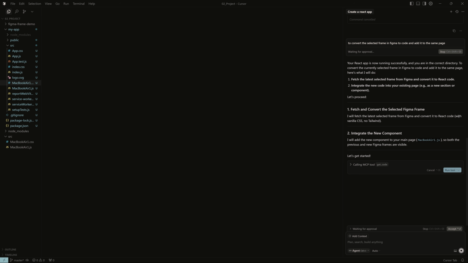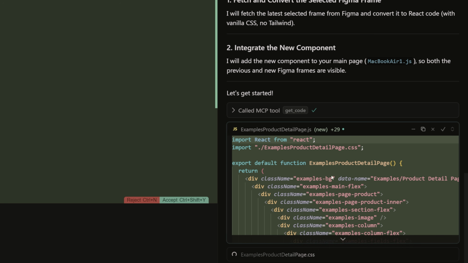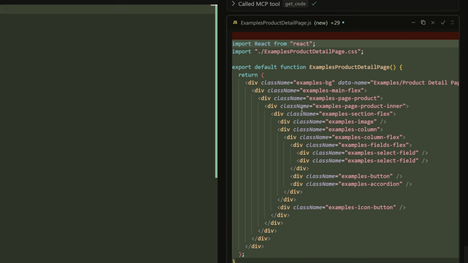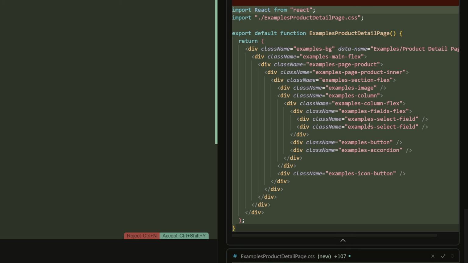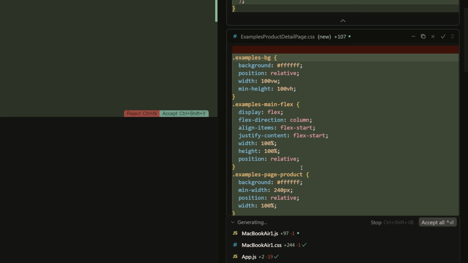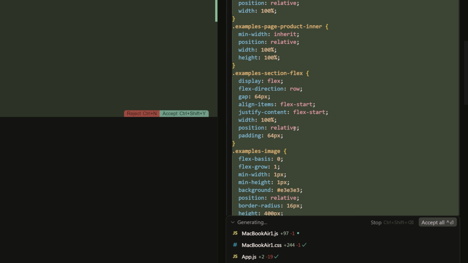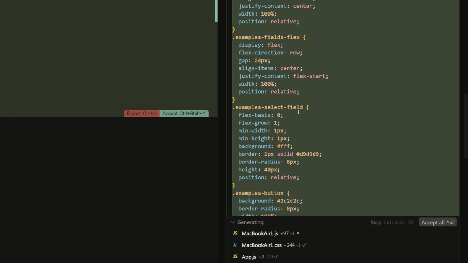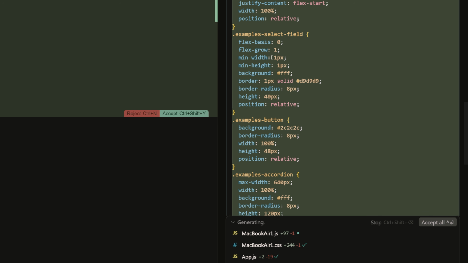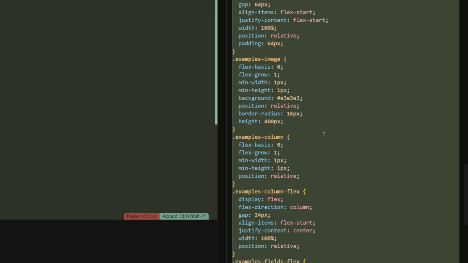Okay, and here are the new components. Yeah, it's saying what the roadmap is and what the cursor is going to do, and it's asking us to run the MCP tool. You can see that the cursor started to change the pages that we had and add the new design into there. You can see the class names that have been used here. There is a relationship between the frame names and the CSS classes that have been used here. And if we check the CSS examples, I don't see any variables, no CSS variables have been used in order to define the properties.